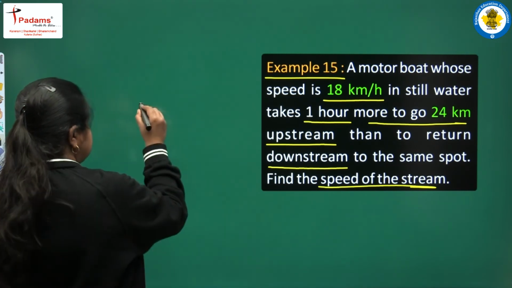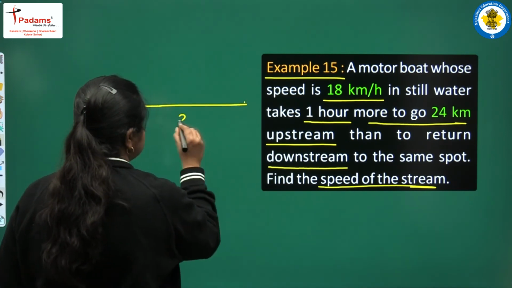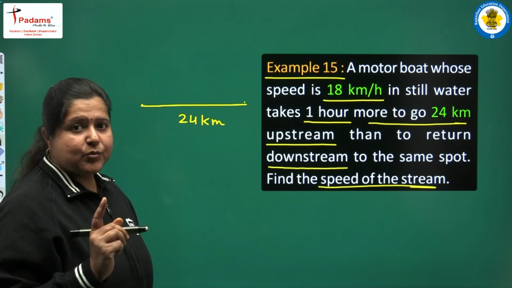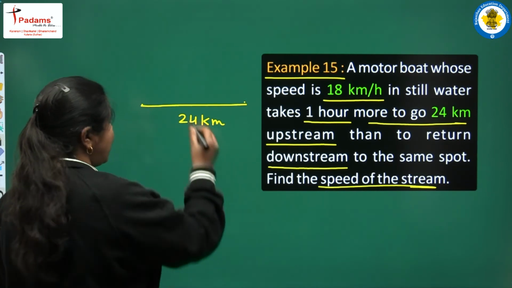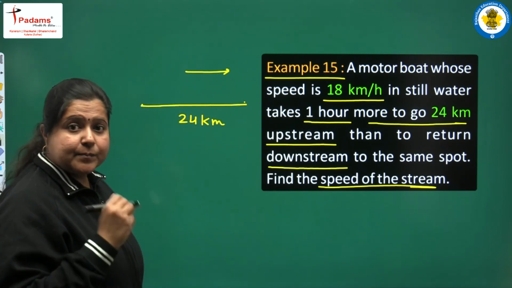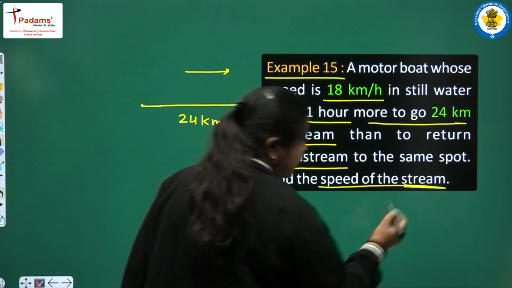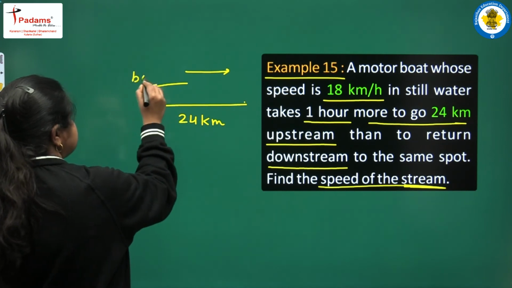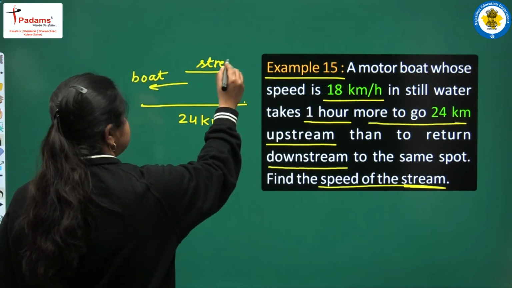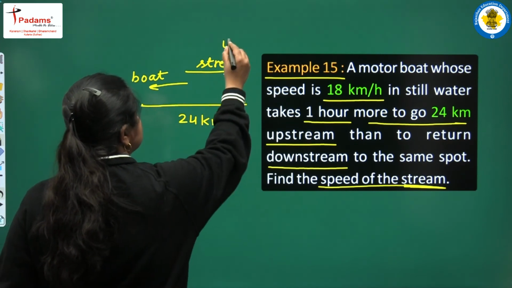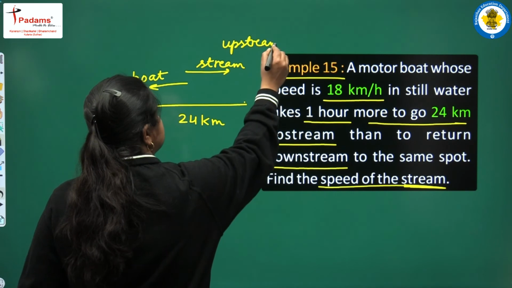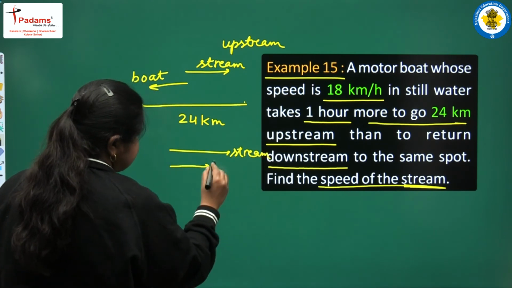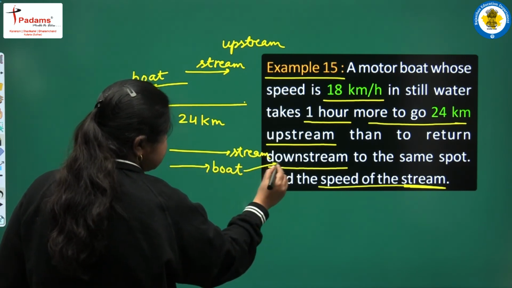यहाँ पर एक डिस्टेंस है जो 24 किलोमीटर्स है और इसे एक बोट कवर कर रही है। यहाँ बात हो रही है अपस्ट्रीम मोशन और डाउनस्ट्रीम मोशन की। अपस्ट्रीम मोशन का मतलब है कि पानी का डायरेक्शन, यानी स्पीड ऑफ द करंट या स्पीड ऑफ द स्ट्रीम, और बोट का डायरेक्शन ऑपोजिट होंगे। सपोज दिस इज द डायरेक्शन ऑफ द बोट एंड दिस इज द डायरेक्शन ऑफ द स्ट्रीम। जब दोनों ऑपोजिट डायरेक्शन में हों तो हम कहते हैं अपस्ट्रीम मोशन, और जब दोनों सेम डायरेक्शन में हों तो हम कहते हैं डाउनस्ट्रीम मोशन।